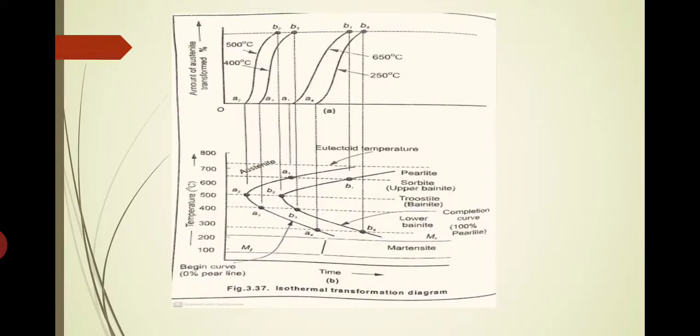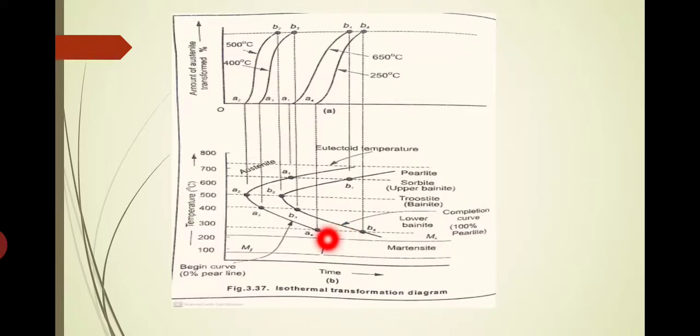See, the advantage of this curve is, we have conducted experiments for 500 degrees Celsius, 400 degrees Celsius, 650 degrees Celsius, and 250 degrees Celsius. All these can be represented here as a horizontal line, since this vertical axis is temperature. This dotted horizontal line shows the temperature for 250 degrees Celsius. The next one is for 400, the next dotted line is for 500, and the next one is for 650. So all these constant temperature lines, 650, 500, 400 and 250, are the isotherms we have drawn